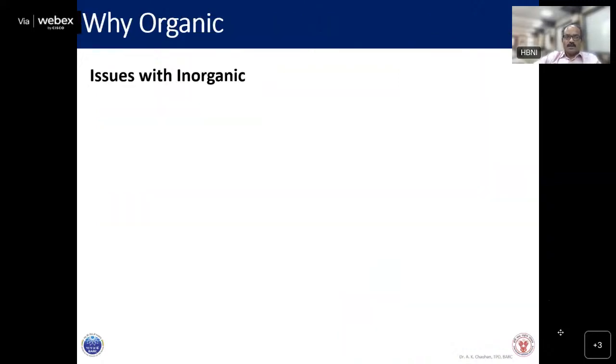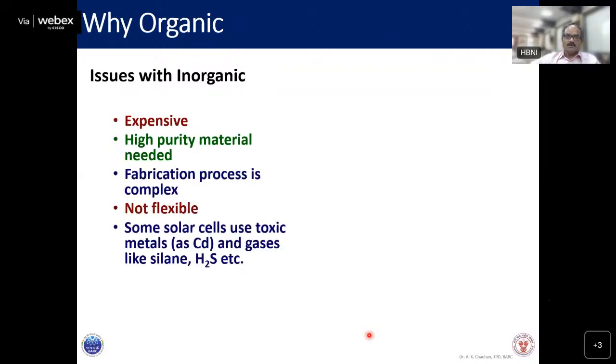Why do we need organic? Because there are issues with the inorganic. Number one, as I said, these are expensive. Number two, you require high purity materials, very high purity materials. And the fabrication process is very complex, starting from the crystal preparation to the wafer, then doping, and all those parts are very complex. These are not flexible,